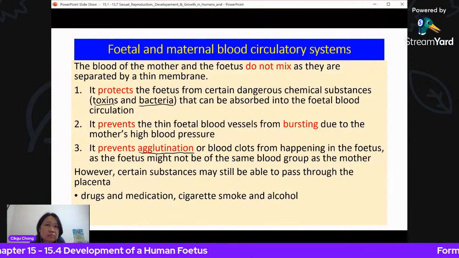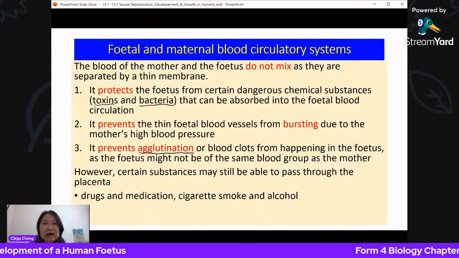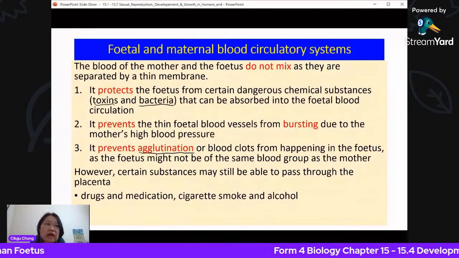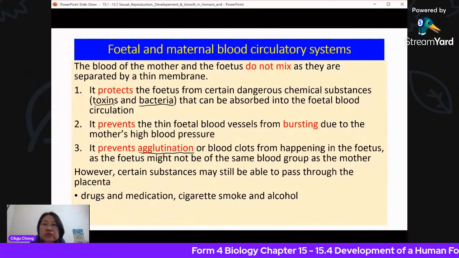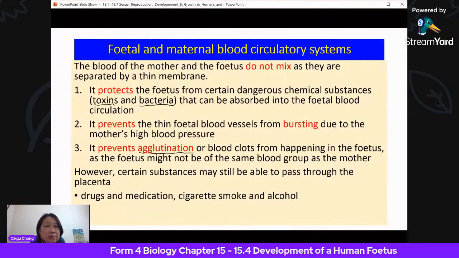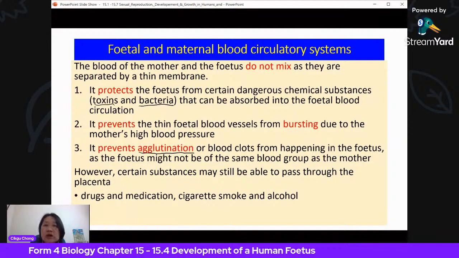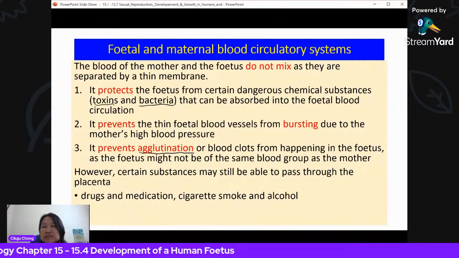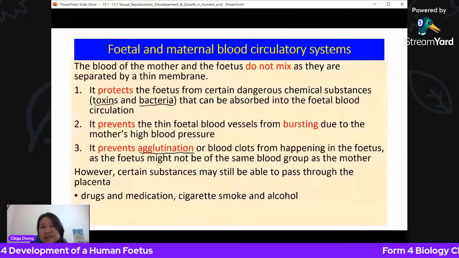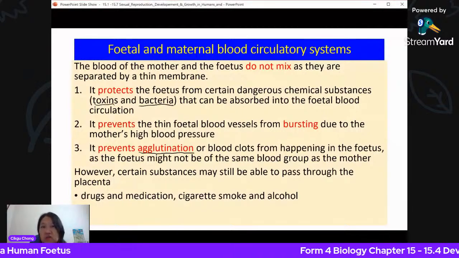Maybe at the time when the stomach is not big enough, I mean the belly, the abdomen is not big enough, she should always tell, okay, I'm maybe 8 weeks pregnant. At that time, you still cannot see. So I must tell the doctor, and the doctor will know how to prescribe medication, because there are certain medications that can cross the placenta and there are certain medications that cannot cross the placenta.